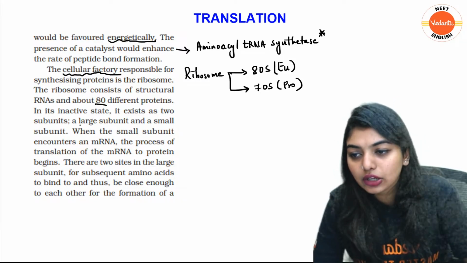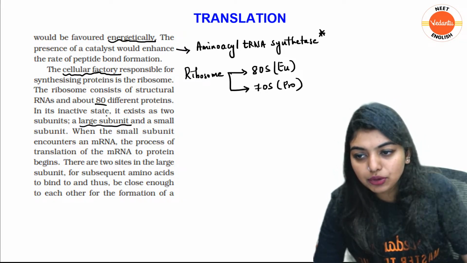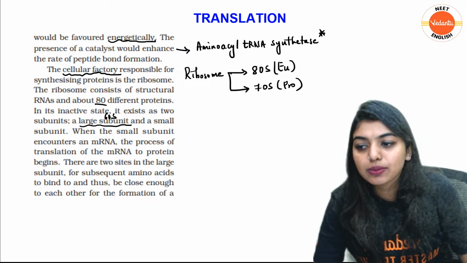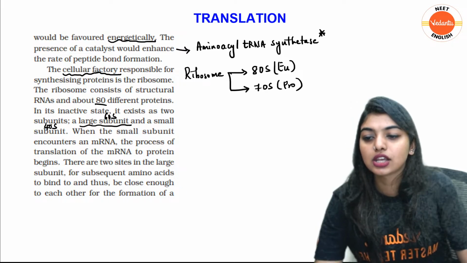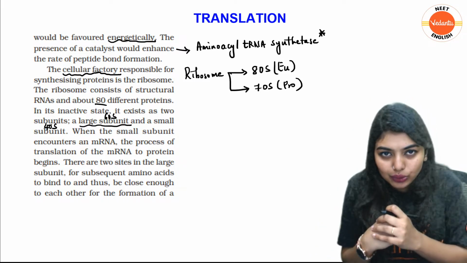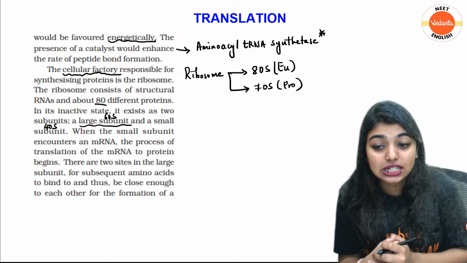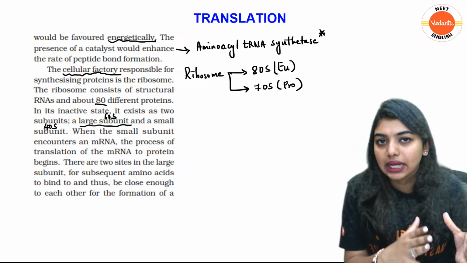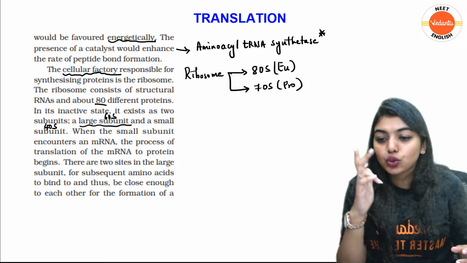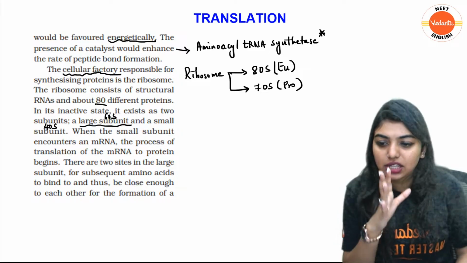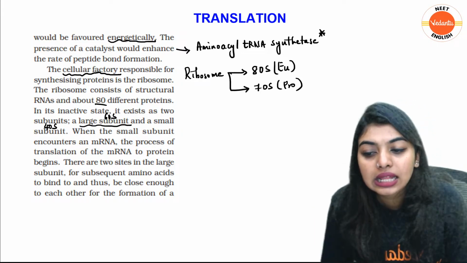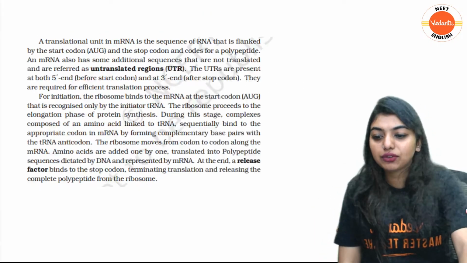And look here, they're saying that the ribosome has a larger subunit of around 60S and a smaller subunit of around 40S. So, when the small subunit encounters an mRNA, the process of translation of mRNA to protein begins. There are two sites in the large subunit for subsequent amino acids to bind, thus being close enough to each other for the formation of a